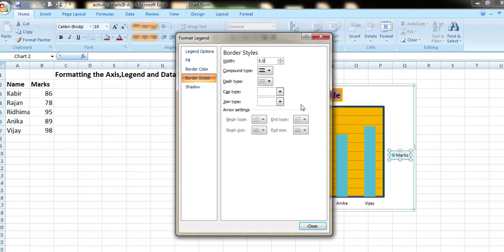5.0 I have given. And to position the legend on the chart means what should be the position of this legend, on the right side of the chart or on the top of the chart.